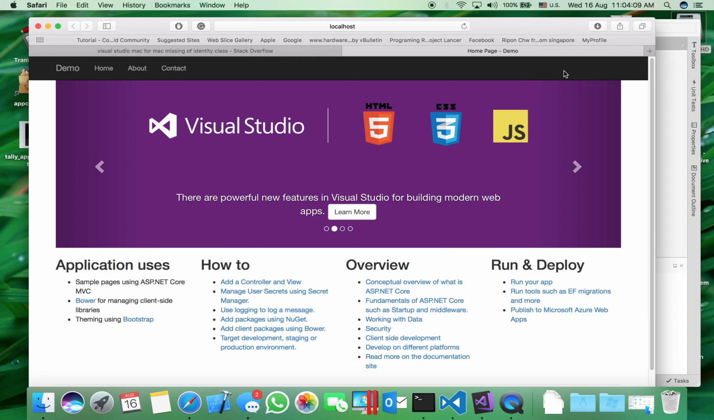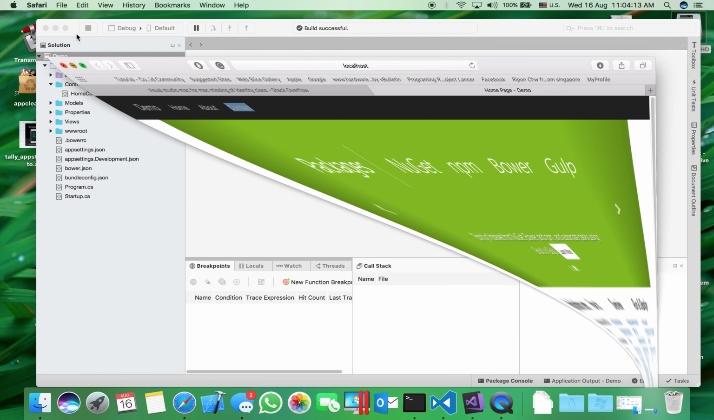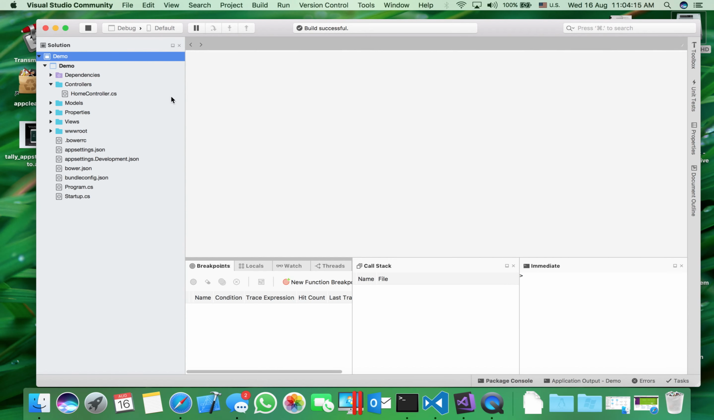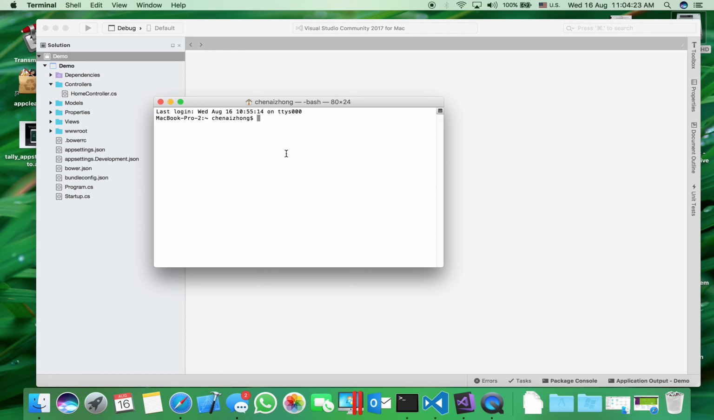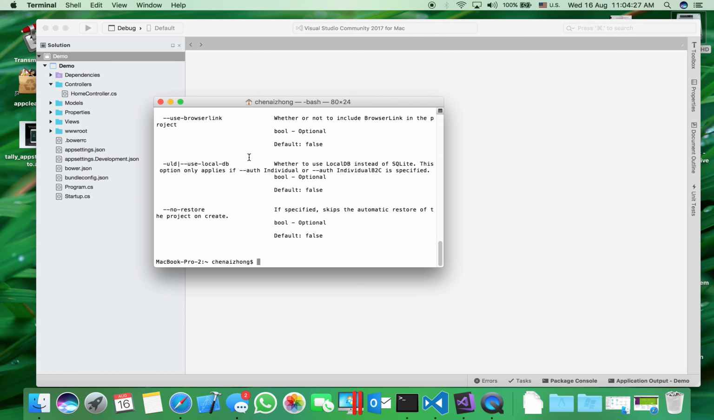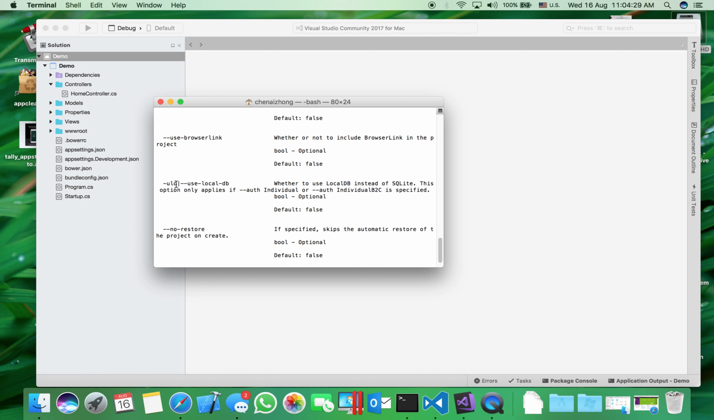So how are we going to create this login and registration from Visual Studio Mac? The only way to do this is not from Visual Studio, it's from the terminal. So first I'm going to show you the command that we need. The most important thing is this: